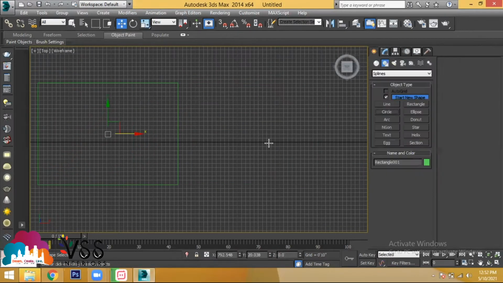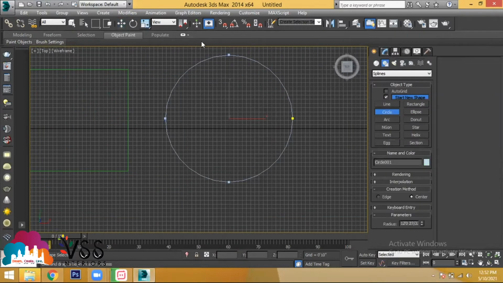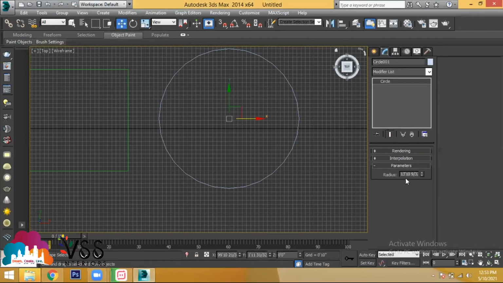Let's create a circle. I've created a circle here. Let's go to modification of the object. You're able to see the radius, and are you able to see any plus option over here? No. So apart from line, you don't get this extra plus option, that is the expand option, for the other sketches apart from line. Let's see what all the options are provided inside that expand option. Let's expand those options in the line tool. Let's take out this rectangle and a line and a circle.